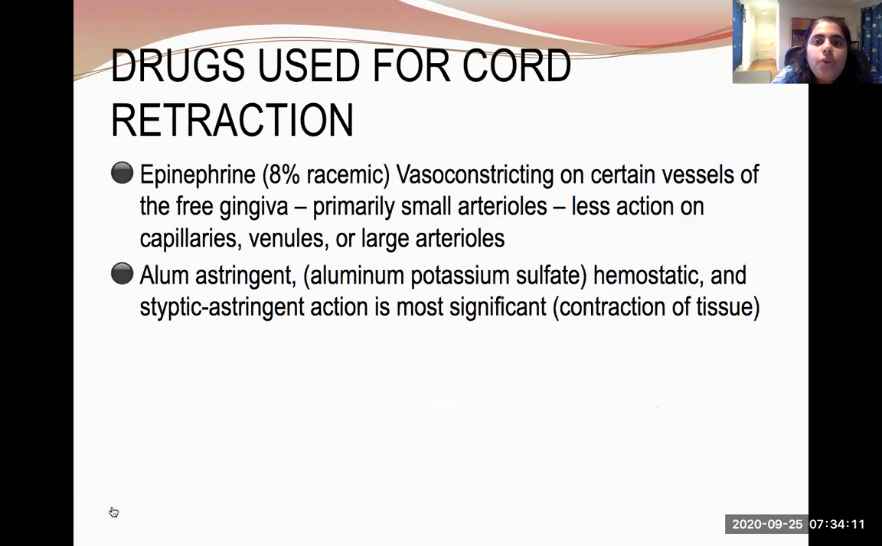So the drugs used for cord retraction are epinephrine and alum, or aluminium potassium sulfate. We do know that the chemically impregnated cords offer better sulcus displacement because they have both a mechanical and chemical effect. When these cords are used for a duration of less than 10 minutes, they cause minimal tissue damage. These chemicals can interfere with the surface details of the impression and with the dentin surface. So you have to thoroughly clean the dentin and make sure everything is clean before using a